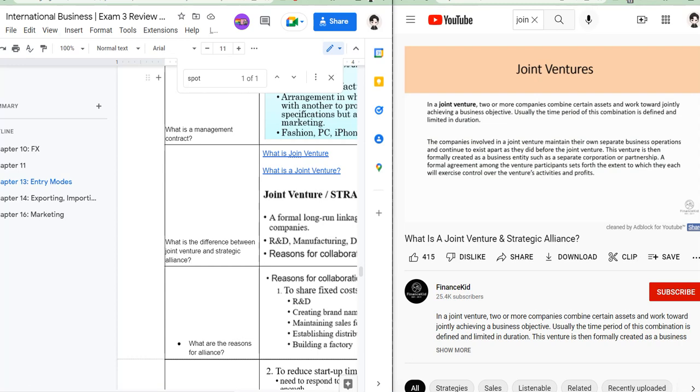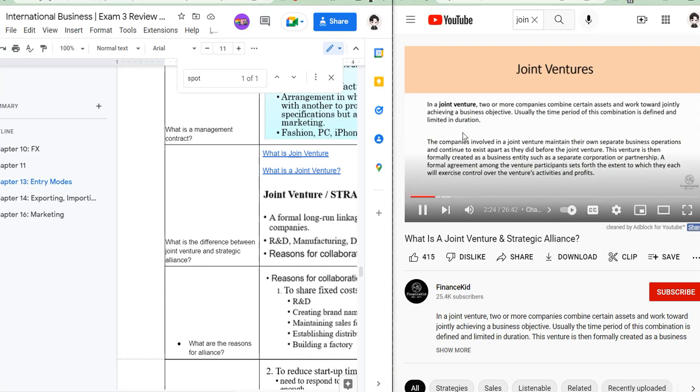This venture is then formally created as a business entity, such as a separate corporation or partnership. A formal agreement among the venture participants sets forth the extent to which each will exercise control over the venture's activities and profits. And essentially, a company similarly names this joint venture. So if it's company ABC, the joint venture is ABC International Inc. Right? And so essentially, they put some of their assets that they need in